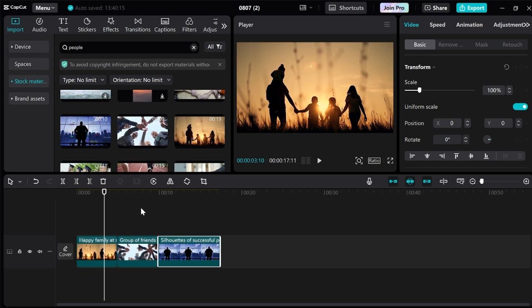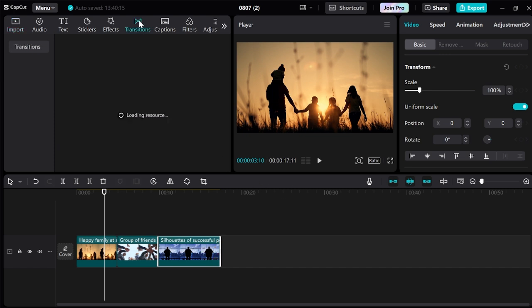and add some transitions. Now, in order for a transition to be classified as smooth, then really you shouldn't notice the transition. You should be able to jump scene from scene without actually noticing that there was a cut in the editing. So if you're new to transitions, we just need to come over to transitions at the top here,